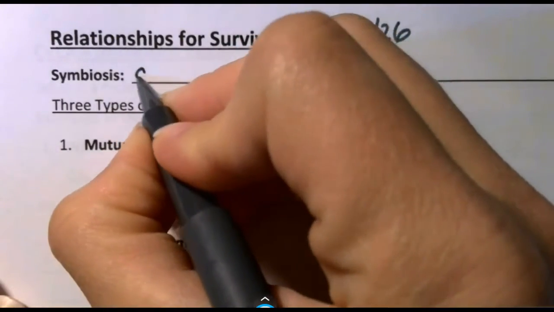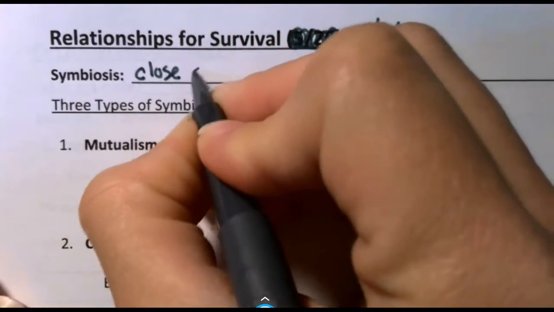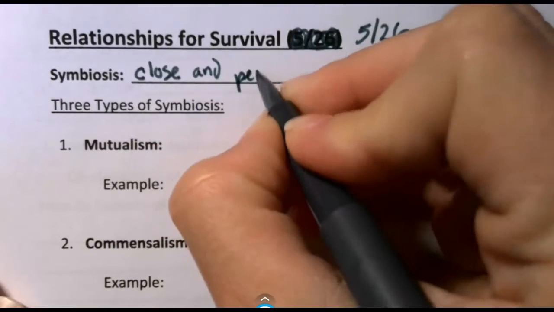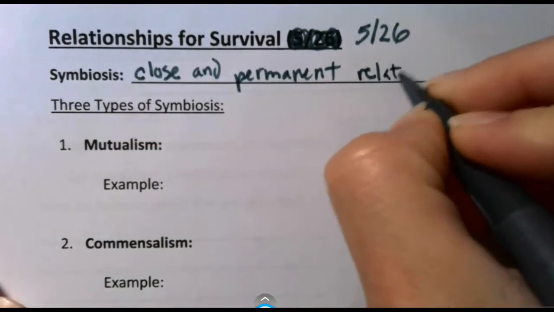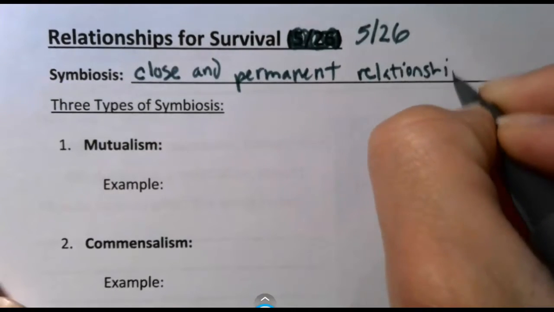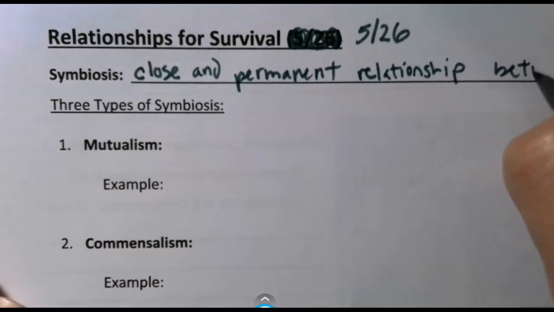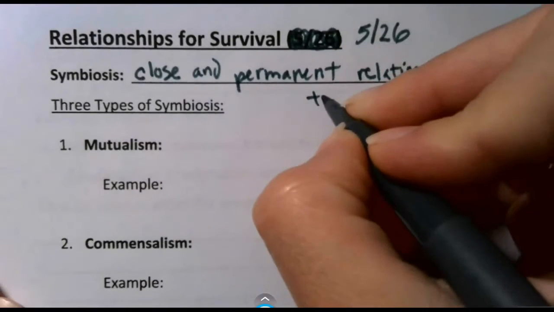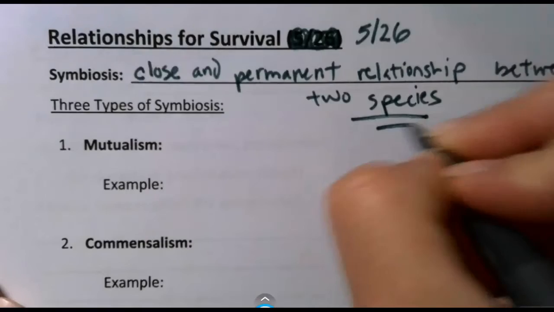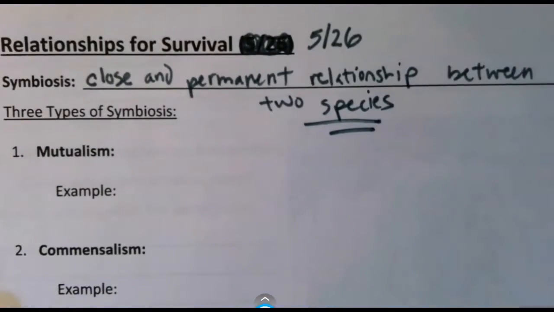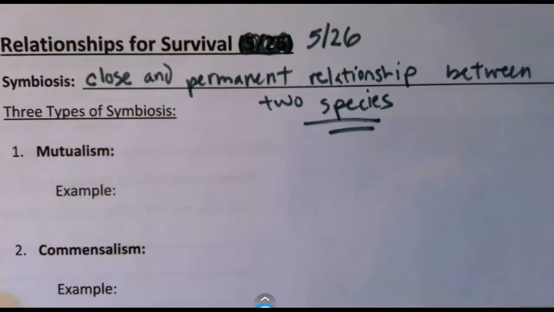Symbiosis means a close and permanent relationship between two species. And so today we're going to talk about the three types of symbiosis: mutualism, commensalism, and the final one is